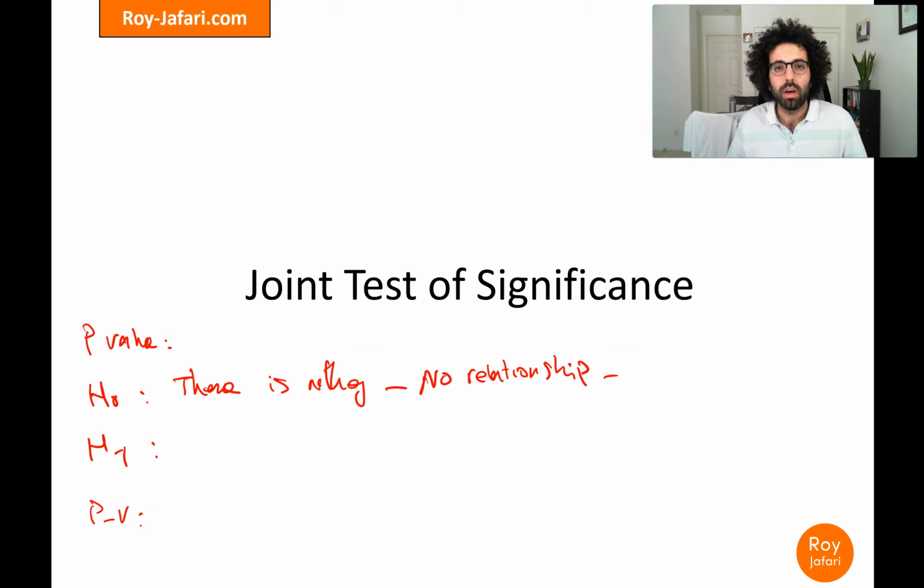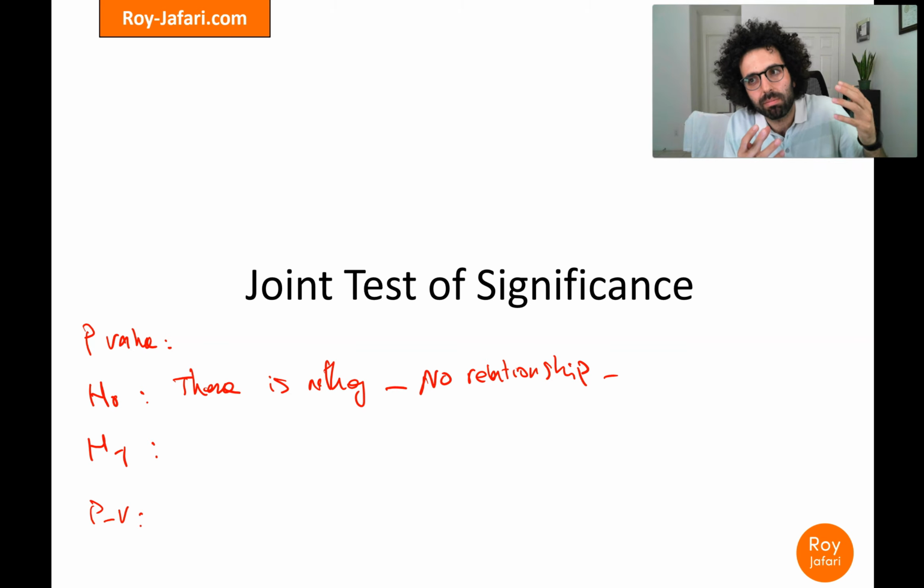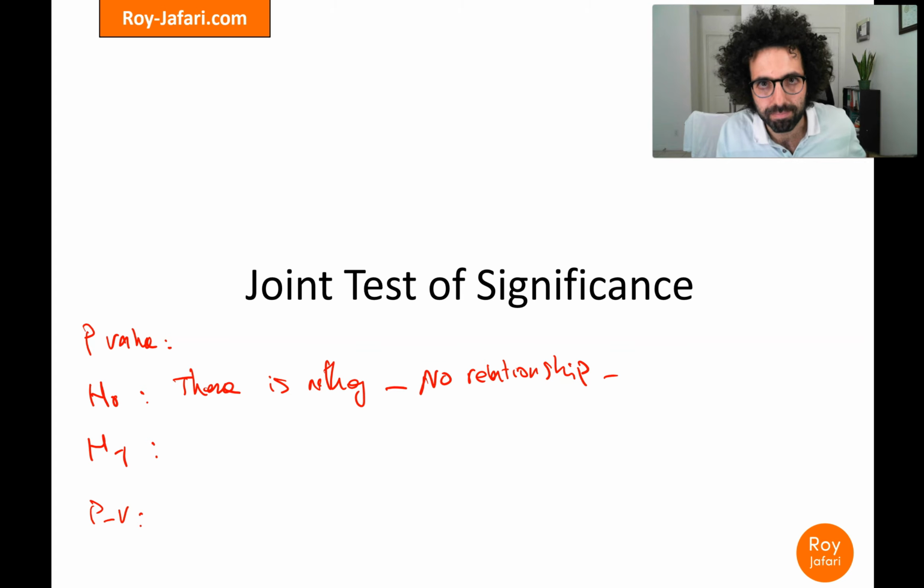P-value is the probability of the data that we have happening, right? We are sort of imagining that the data hasn't happened, and calculating the probability that, if we go back to 2016 and nothing has happened, this is going to be our data, given the null hypothesis is true, right? So if that probability is very small,